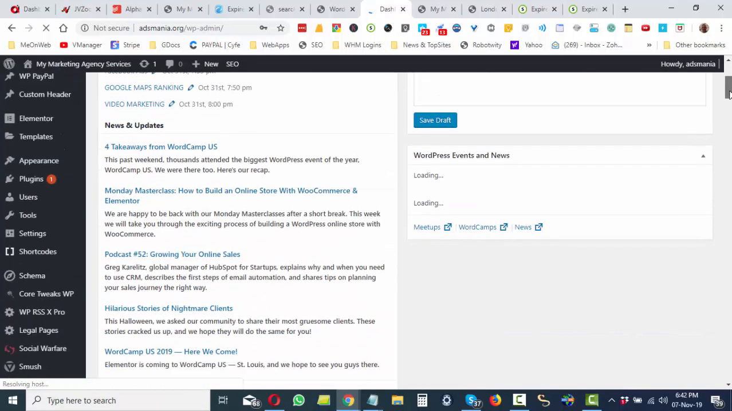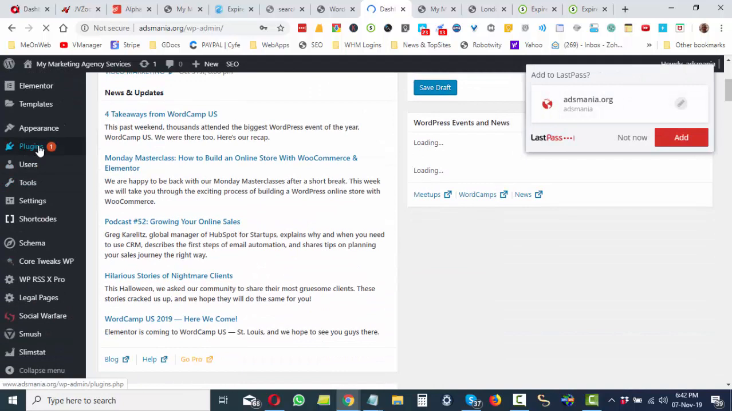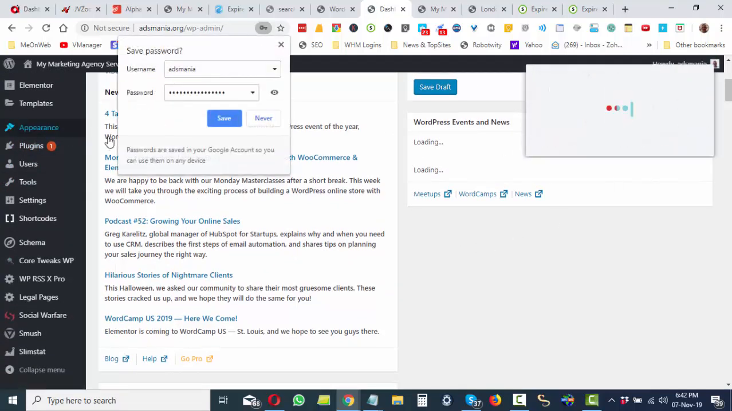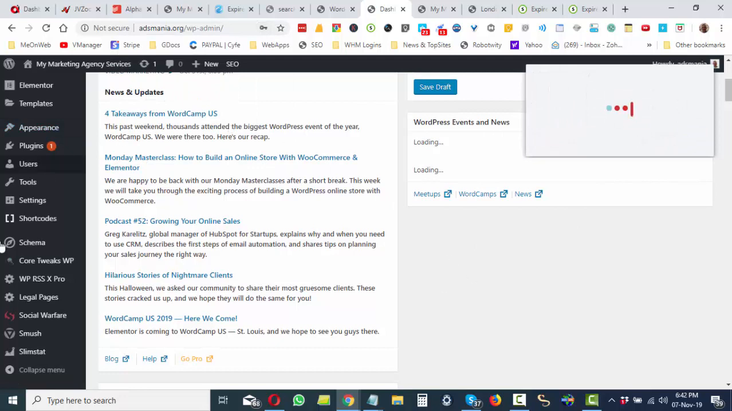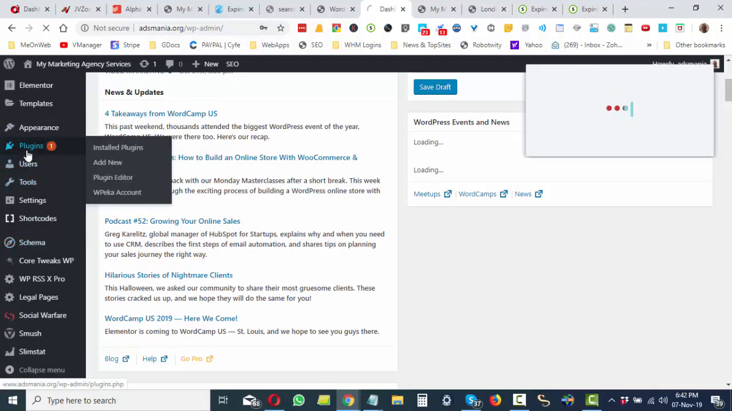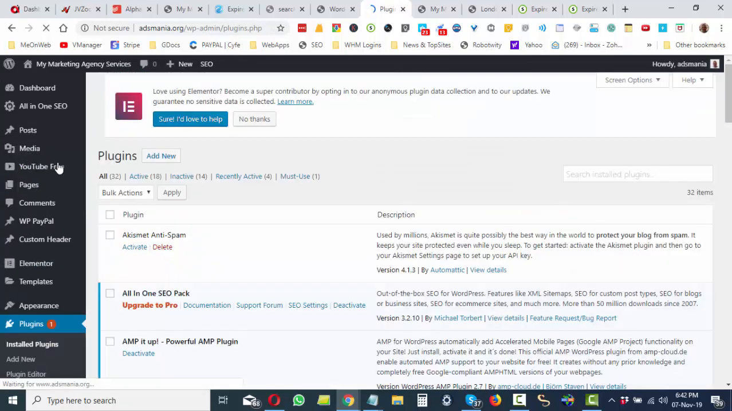You can see we've got one plugin to be updated. Now click to add that into LastPass so we remember it and can get in there easily next time. If I click on the plugins, you will see